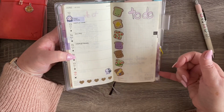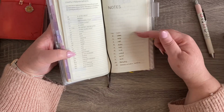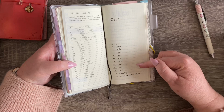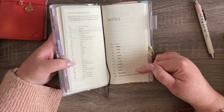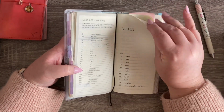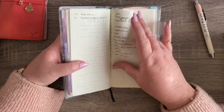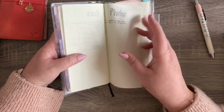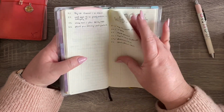But what I used this for primarily is the notes section. So you can see I've got videos, series, reels, photos, posts, to-do, wish list, Herald, which is a work thing, journaling, 2024 planner plans, journaling, and a commercialization workshop. And then there's more stuff as well in the back that I haven't filled in. So I just write the title at the top with some pretty sad lettering and just listed out stuff I want to do. All my lists. This is just a book of lists,